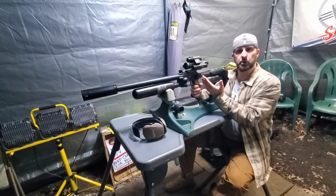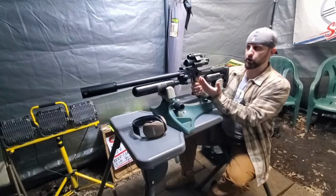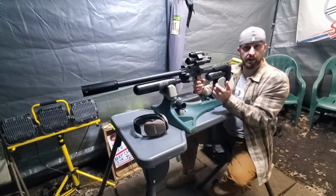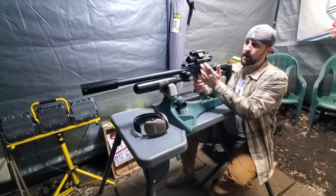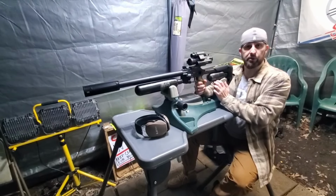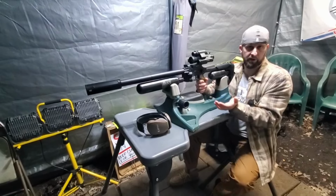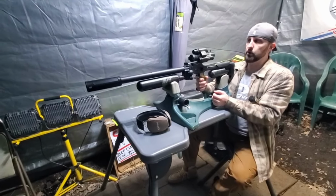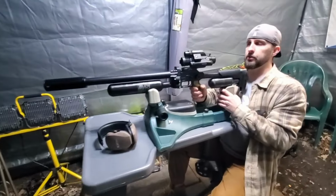And if you're not familiar with these optics, it's got a lot going on for it. So it's got this top tube here, which is going to give you your day and night vision optic, and then this lower tube here, that's the actual thermal optic, which is going to let you basically become the predator and see everything in thermal mode. So if you would, let's come a little closer and we'll take a look at some of the features here